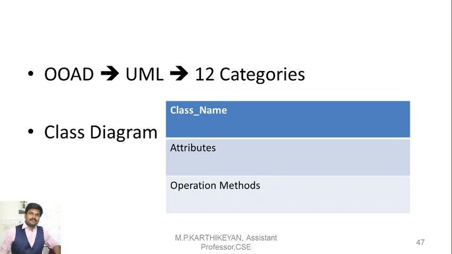And one more advantage is that when we are converting this class diagram into a code, or when we are converting this object-oriented database management system into a code, okay, already half the code is inbuilt. Okay, like for example, the output structure, the name of the class, attributes, operations, everything is given in the class diagram itself, right? So it has been given in the proper location so that it is easy for us to fill in the remaining code around it. So almost half the code is inbuilt based upon this outline structure itself. So that is one huge advantage for us when we are comparing the object-oriented database management system with the relational database management system.